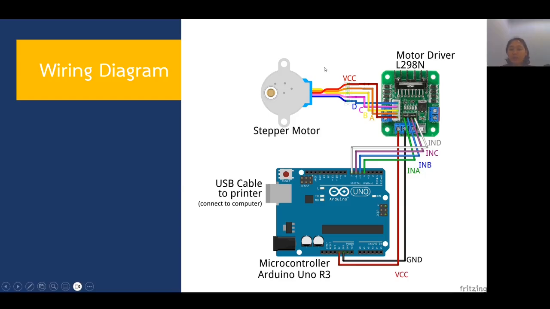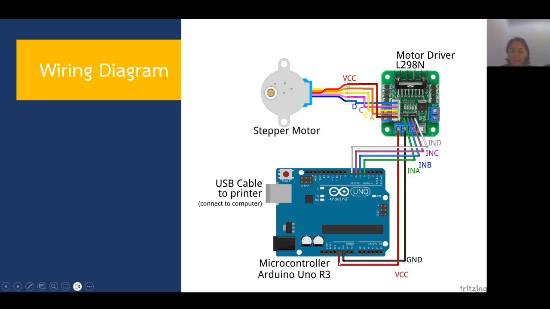And then this is the wiring diagram that I made using Fritzing. This is the Arduino Uno. This is the port that connects to the computer using a USB cable to printer. And then this is the stepper motor, and this is the motor driver